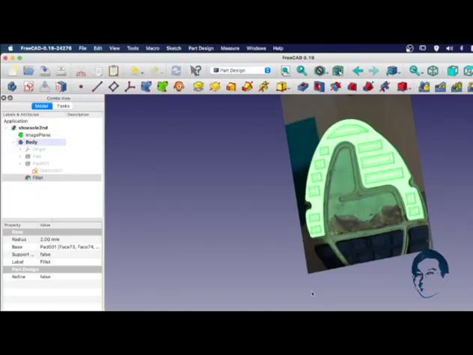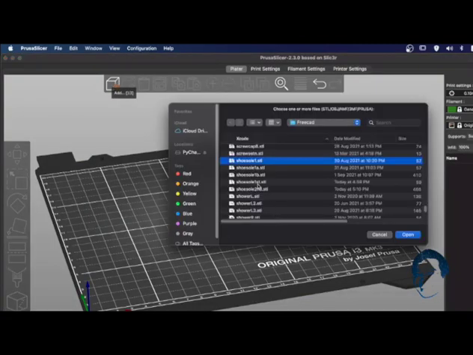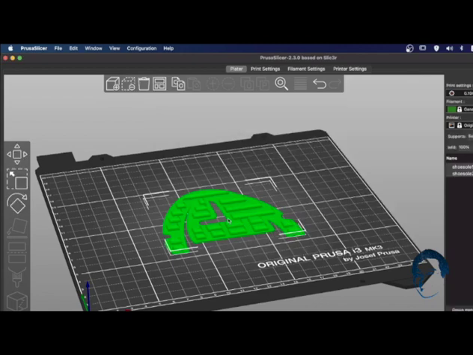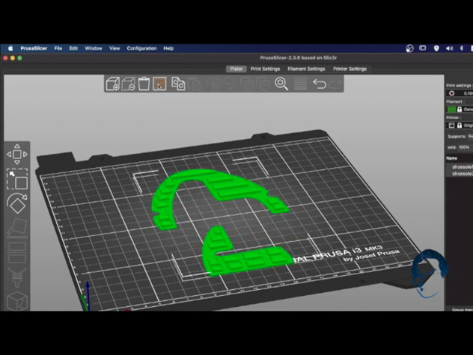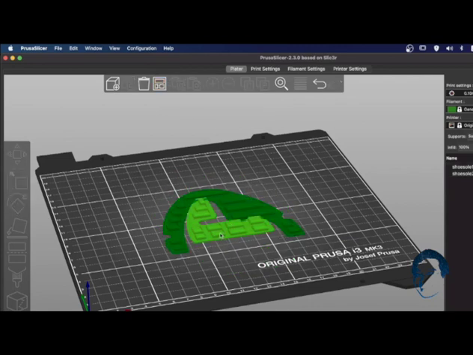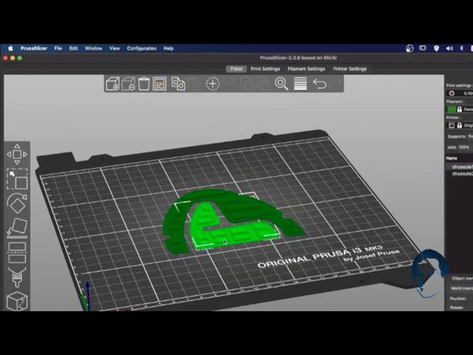The next step is to use the slicer that comes with your 3D printer to slice it for the 3D printing requirement. Here I have a Prusa slicer. Click on the add to add the STL file that earlier on we exported. And as you can see, both are imported. You can click on this one to arrange them, but that's not what I want to do. What I want to do is just to click away from here and adjust this one so that they are centered.